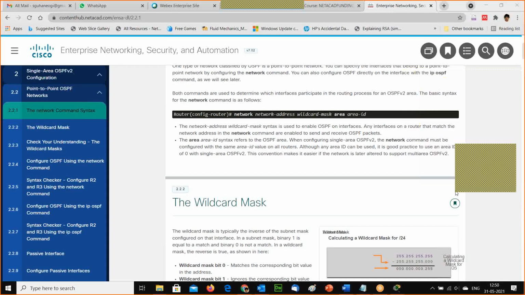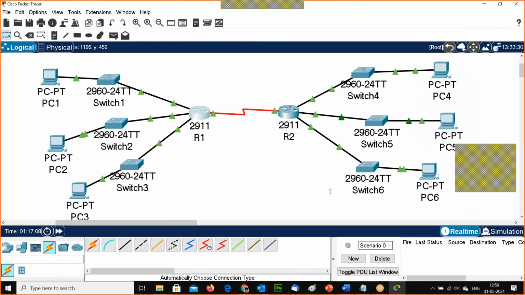Area 0 means core area, main area. For example, R1 and R2, I have decided both will be the main area. That is the core area. Okay. Now, if I introduce another router, for example,